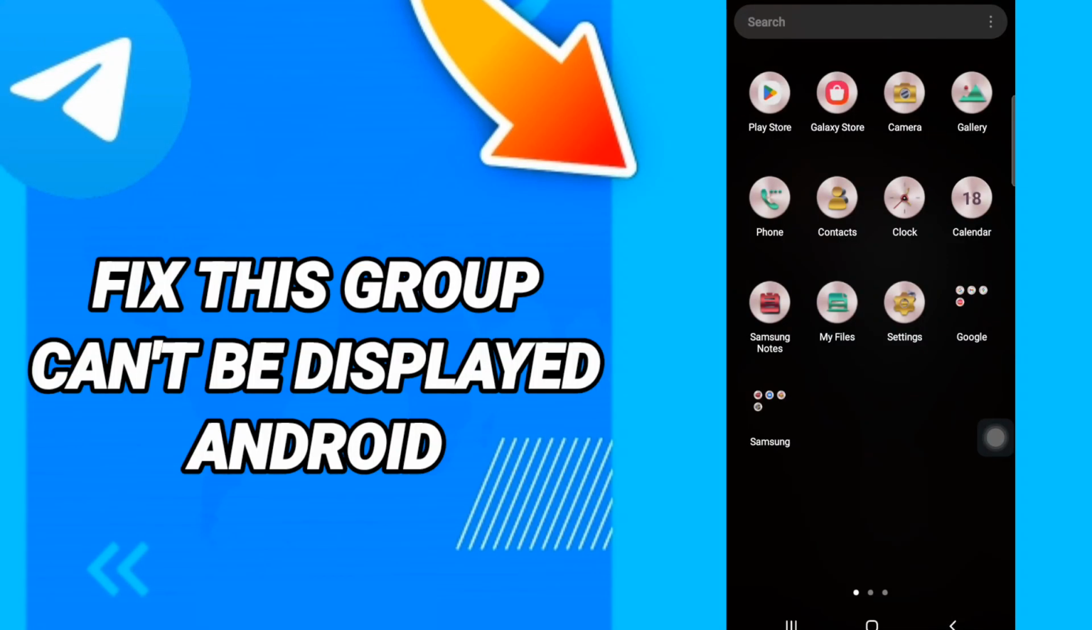Hi everyone. Today we will talk about how to fix or how to solve Telegram "this group can't be displayed" under it. To know how to fix or how to solve the Telegram "this group can't be displayed" under it,